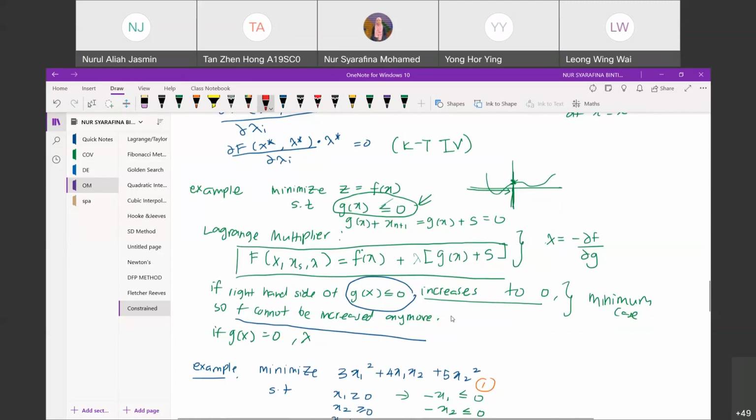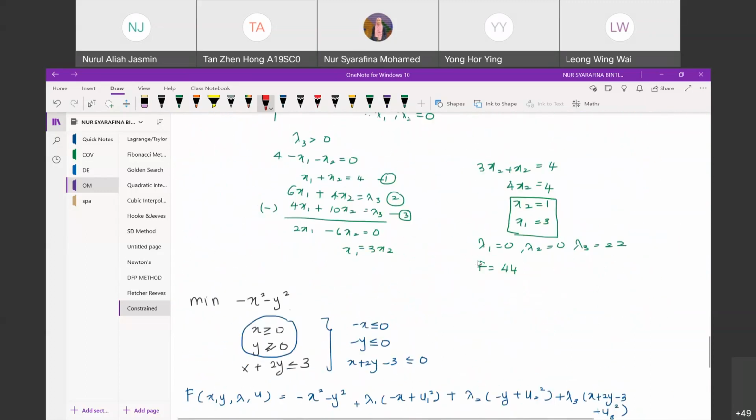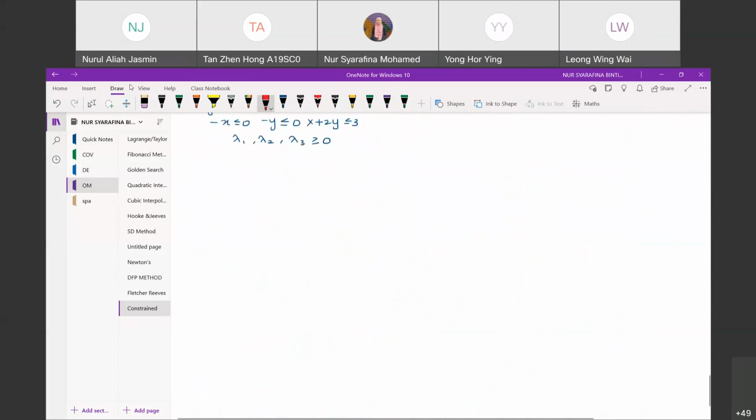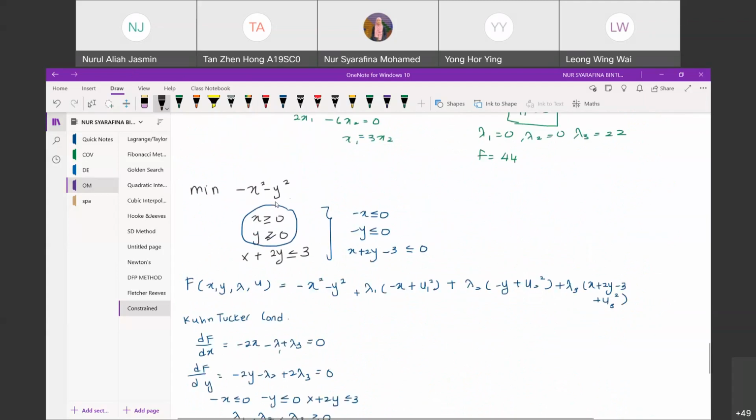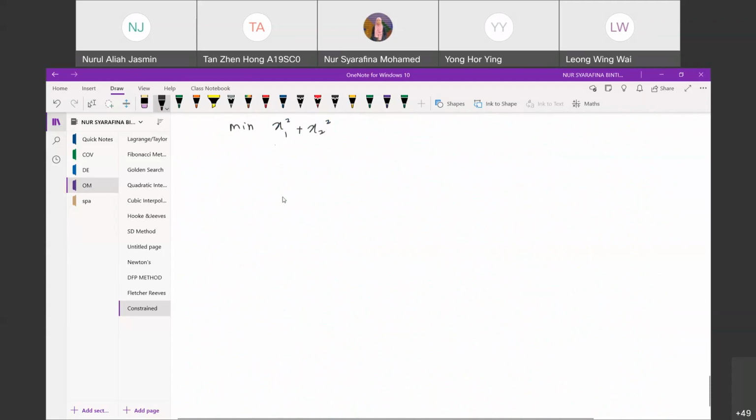Okay, let's try to understand this by using the example here first. Okay, I'm going to give you another example. So let's say we want to minimize x1 squared plus x2 squared. Is it the same? Okay. Then the condition given is